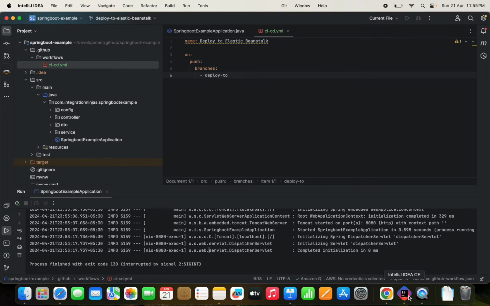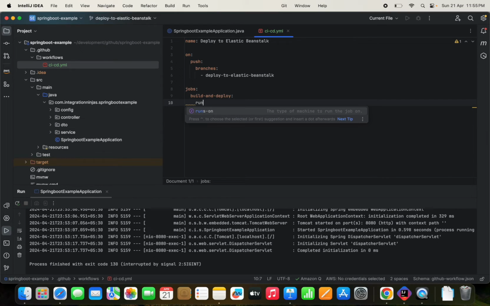Yeah, I just want to trigger my workflow on this particular branch, not on any other branch. That's it. And after that, we are going to define a job which will be build and deploy,